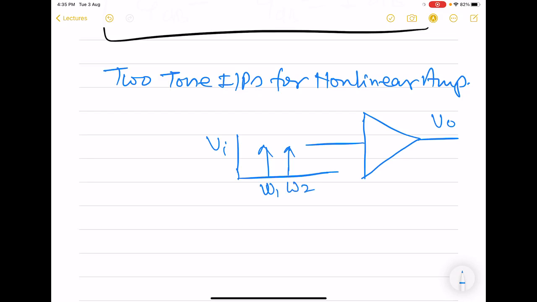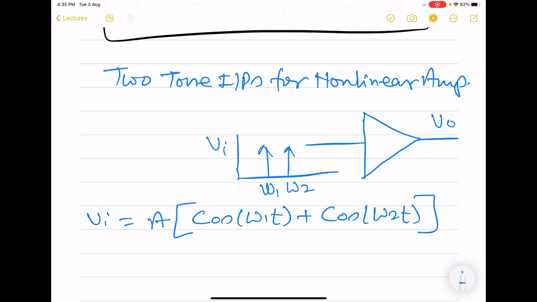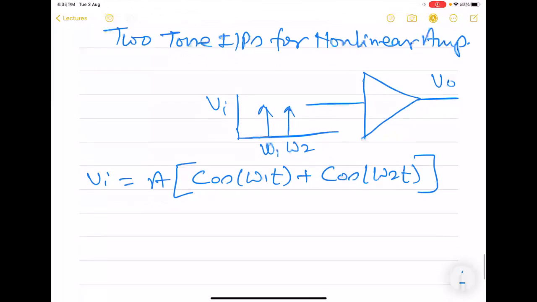So in this case, our input is, and to keep the thing simple, we will take the amplitude of both the sinusoids equal. So this is the kind of input that is now being fed to the nonlinear amplifier, and output, we know that,